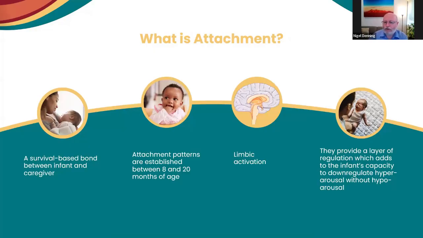So attachment itself is a survival-based bond between infant and caregiver. These patterns are deeply established. They're neurological. They're not patterns that are based on language or learning. They're very much body-based patterns established between the 8 and 20-month stage of life. So really very much driven by limbic brain organization, very much about affective regulation, about how a baby feels, what